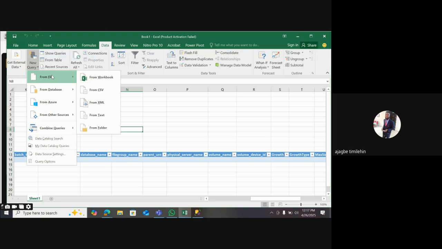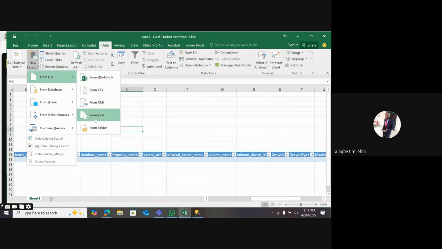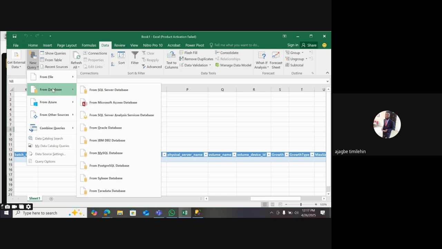Under From File, we have From Workbook, From CSV, From XML, From Text, From Folder. These are different file types. We have From Database. If it's from database,